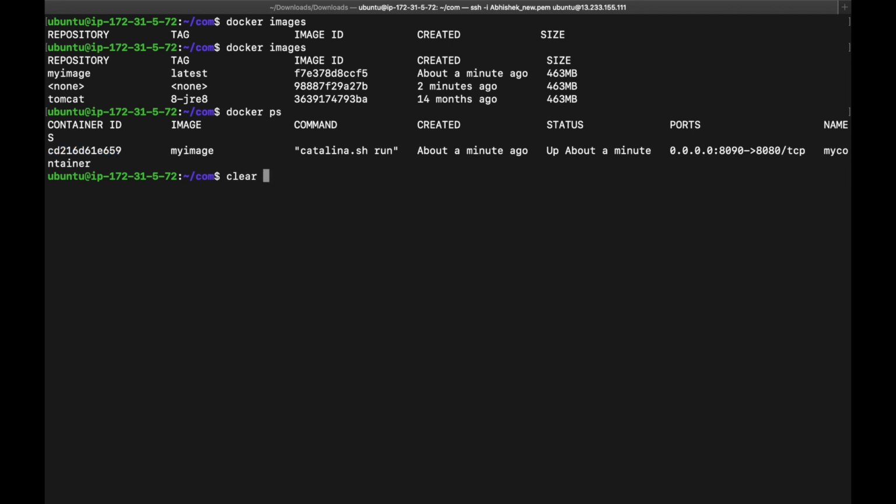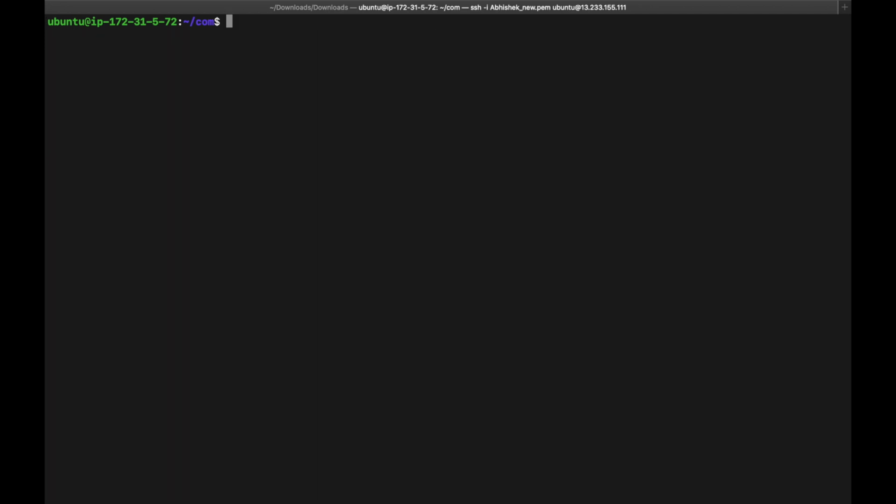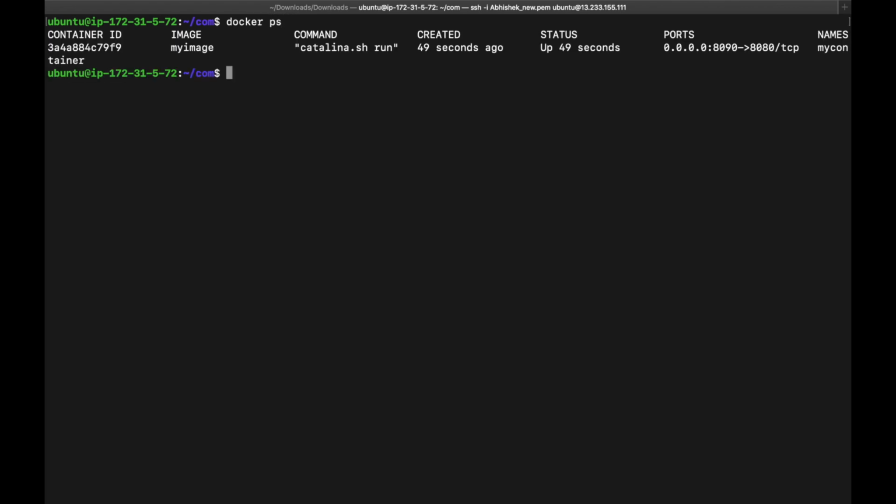Now let's clear everything so we can see what process is happening in the background. Docker ps, this command gives the information about the running container. So stop this container, remove the container,